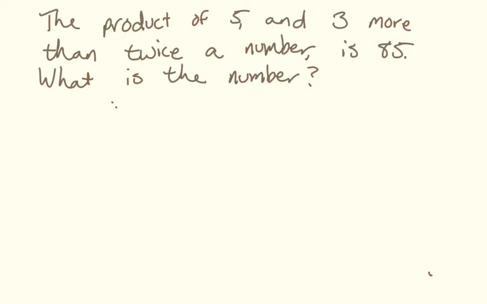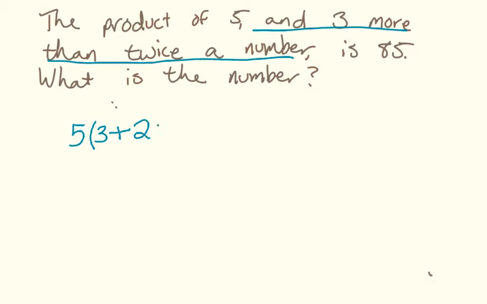Alright, one more example. The product of 5 and 3 more than twice a number is 85. What is the number? So here, these commas are my clue that I'm going to have some parentheses in there. I'm going to go ahead and do the product of 5, and I want to do the product of 5 with this whole thing, because the parentheses tell me to do the product, so 5 times everything that's in there. So I'm going to do the product of 5 and 3 more than twice a number